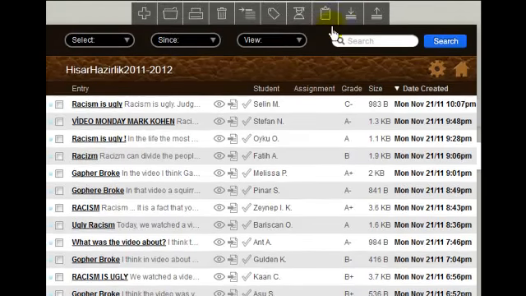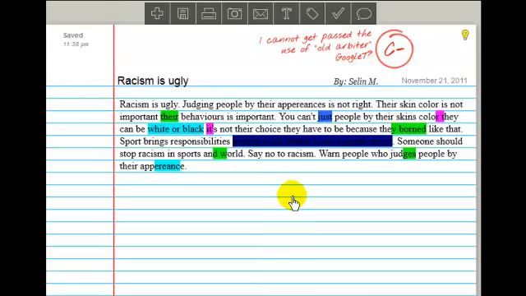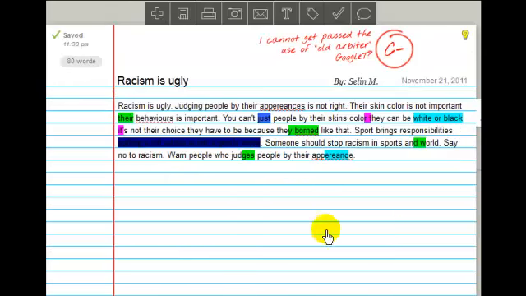You can see here there's an interface with lots of things on top: new entry, open up a file, or print, or put it in the chirp. You've got here for giving feedback and etc. So I'm going to open this up for you and let you see one. Let's go to, well, it doesn't really matter. We'll go to this one, just the first one. We'll go to the first one, take a look, and you can see here that this girl has done a